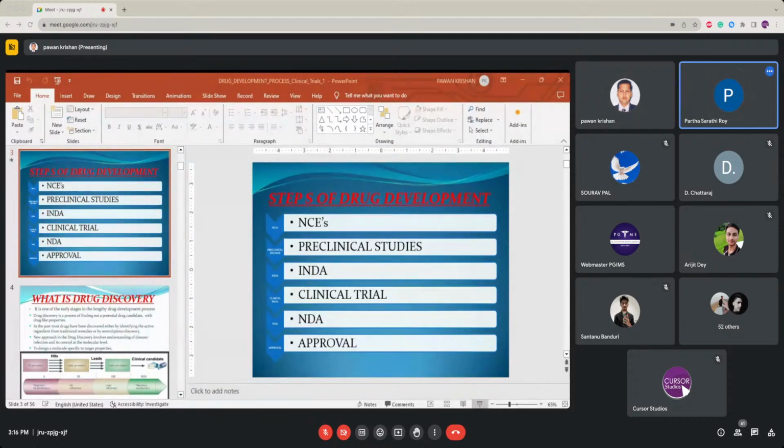Sure, sir. Okay. So when we talk of these stages of drug development, it includes NCE, that is new chemical entity. A new chemical entity will be discovered and developed which has not existed till now. Then afterwards it includes preclinical studies, IND, NDA, and all this as told earlier. So when we talk of discovering a new chemical entity,